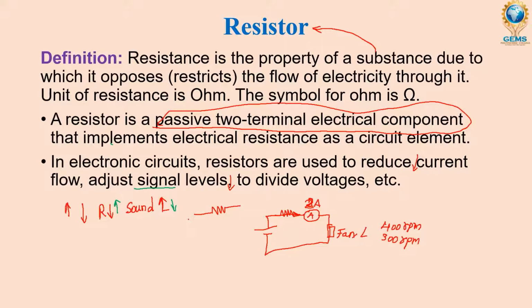Next one is to divide the voltage. Already told, we have single phase circuits and three phase circuits. In single phase series circuits we discussed this. If we have 10 volts here, it will divide into 5 volts like that. This is how it is going to work. A resistor can be used for the splitting of the voltage. Next we'll see ahead.